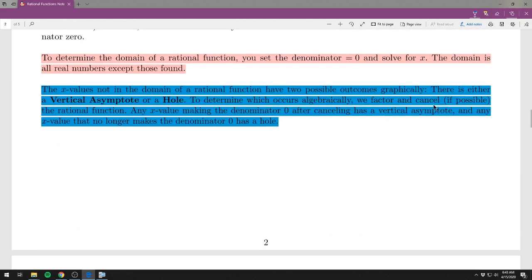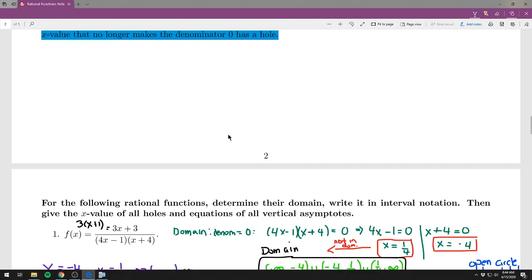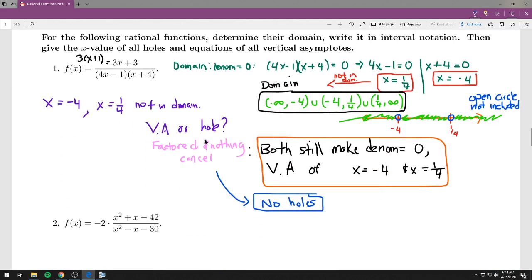And I'll just remind you the way I know that. Any x value making the denominator 0 after canceling has a vertical asymptote, and any x value that no longer makes the denominator 0 has a hole. Basically, I think about it, cancel, whatever cancels out gives a hole, which is nothing. What doesn't cancel out gives us a vertical asymptote. All right, but what I'm going to go ahead and do is graph this so you can see the vertical asymptotes